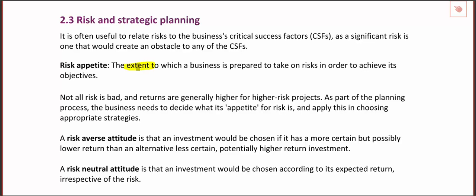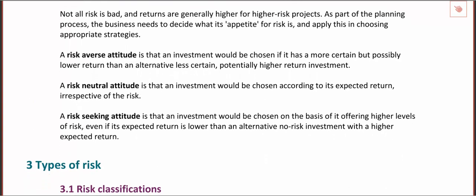So for example, if I know there's a chance that I could double turnover in the next 12 months, but launching this product could also lead to us losing money, well, if I'm a risk seeking manager, I might think, look, there's a chance of us getting this absolutely wonderful turnover and profit for next year, so let's take it. If I'm thinking, well, I'm not willing to take on that risk of the big loss, maybe I'd be more along the lines of a risk averse attitude. So we go through those types underneath here.